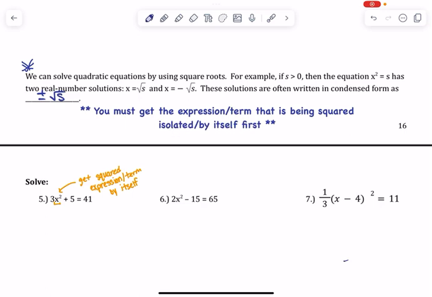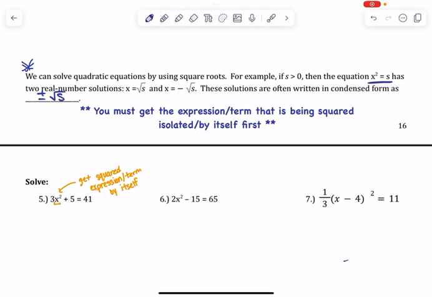We can solve quadratic equations by using square roots. That's just one more method of being able to solve them. We've only really factored so far. So as long as s is greater than or equal to 0, so positive, in your equation x squared equals